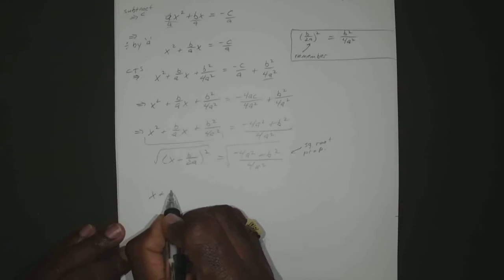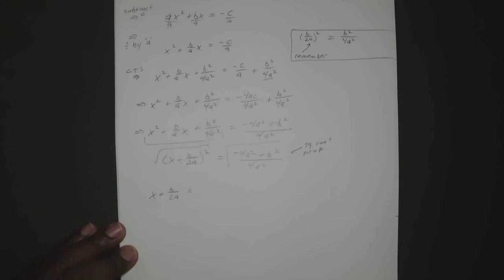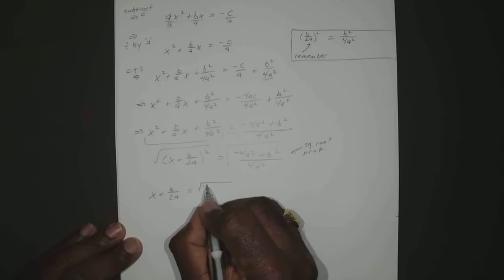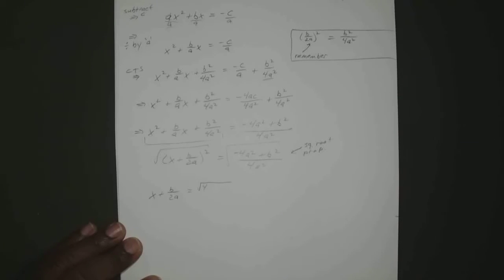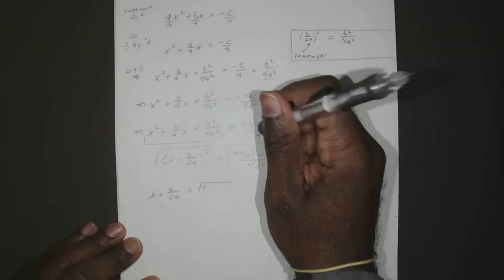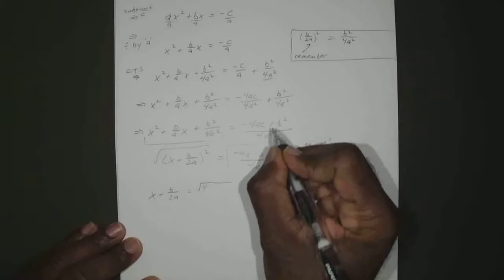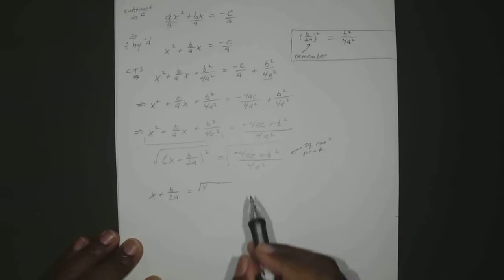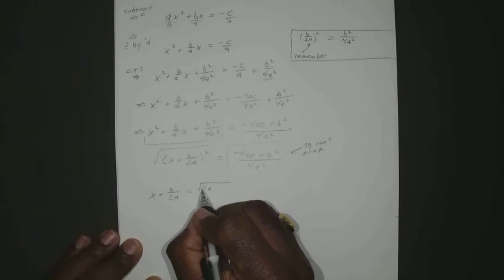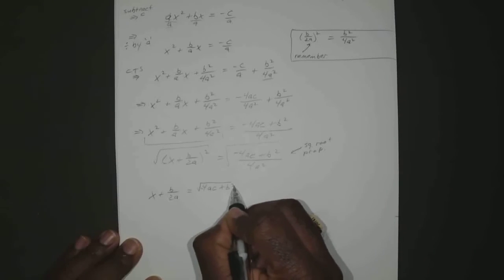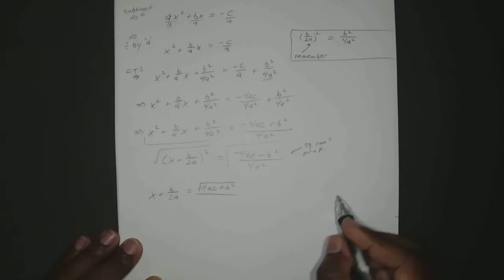So you have x plus b divided by 2a equals the square root. Why did I put a squared? That should be a times c. Yep, that's 4a times c. There we go. So negative 4a times c plus b squared all over